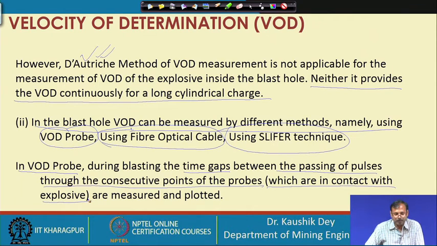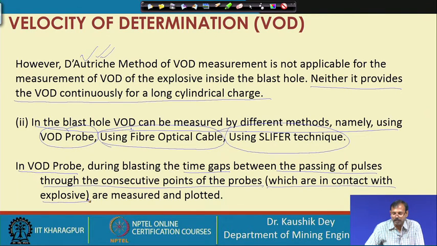That means the probe is placed along the explosive column with different consecutive points, and whenever the points receive the pulse, the time of those pulses is memorized or calculated in the oscilloscope. Then the time gap between two consecutive points in the probe, whose distance apart is previously known to us, can be easily obtained, and from there the distance divided by the time gap gives us